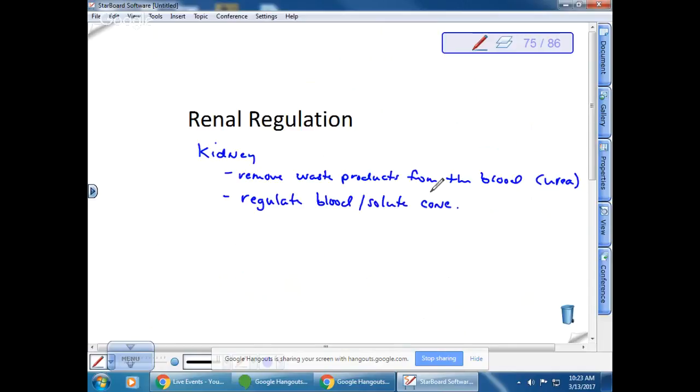Okay. So when we look at solutes in the blood, sugar is one of those, right? Sodium and chloride are other examples of solutes. And if they get too high, then you tend to get thirsty. And so if you have diabetes and you have high sugar levels in your blood, one of the things that's going to affect is you're going to get really, really thirsty. You're also going to produce a lot of urine, but you're going to get rid of a lot of sugar in the urine as well, right? So this is just a function of the kidney.